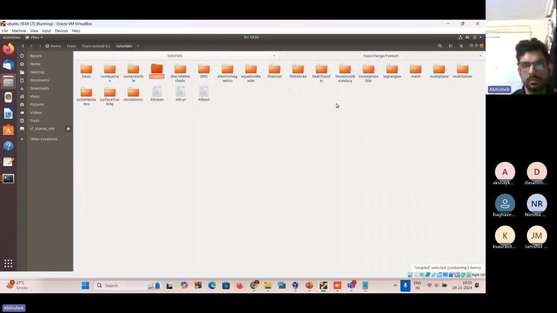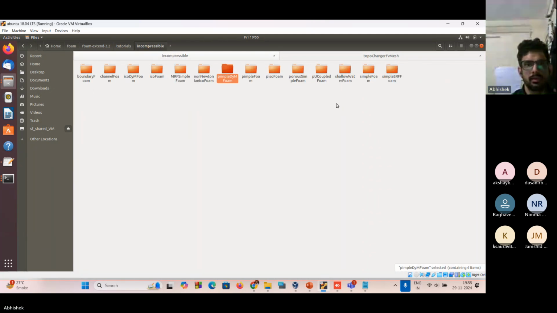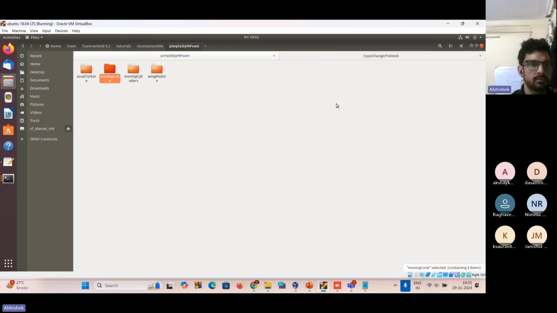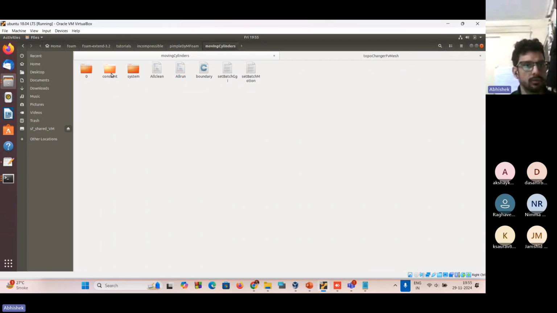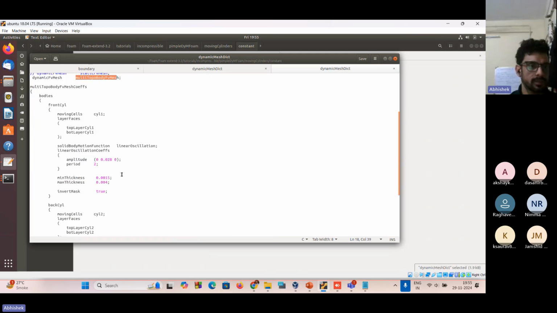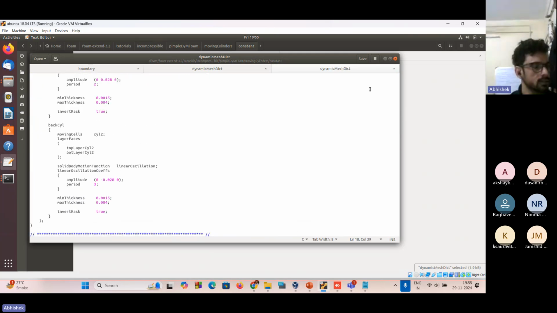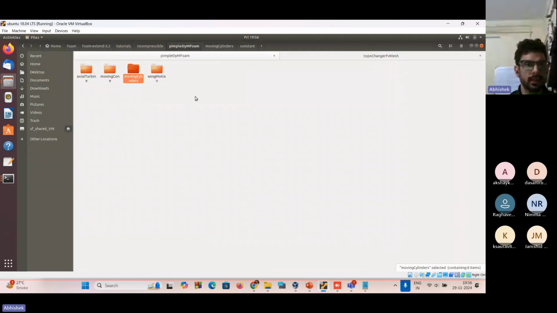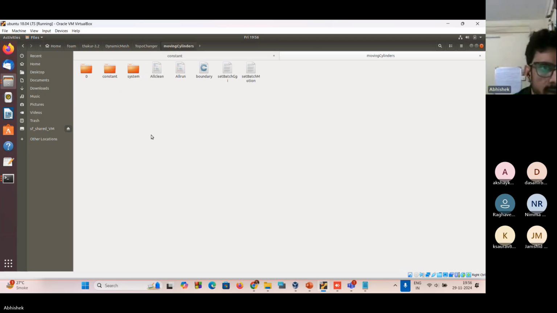So we will go here in tutorials, to incompressible pimpleDyMFoam. You see movingCylinders. You can always copy and paste. If you go in, you can see the dynamicFvMesh type is multiBodyTopoFvMesh, and these are the various parameters that we will discuss. Basically, it is just to navigate. Then you can copy this to your run folder that I have already run. So this is movingCylinders, and if you simply run it,